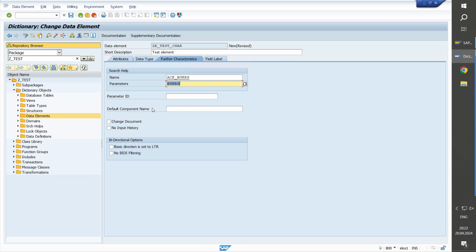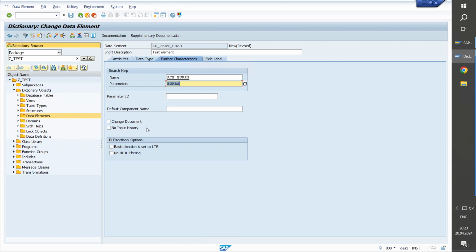Default component name, all included in this name. Change document, it's about need or not. Save information about changing this field when we use it in database tables.